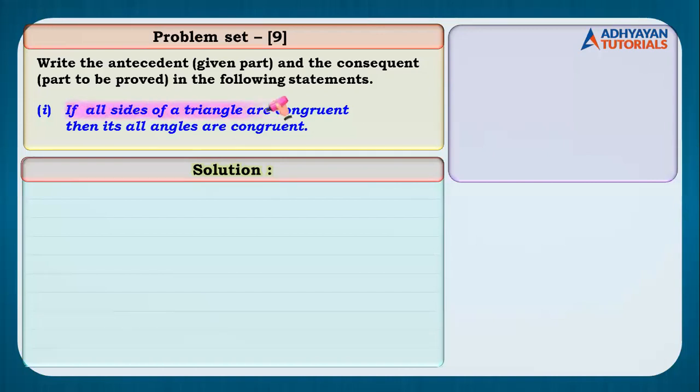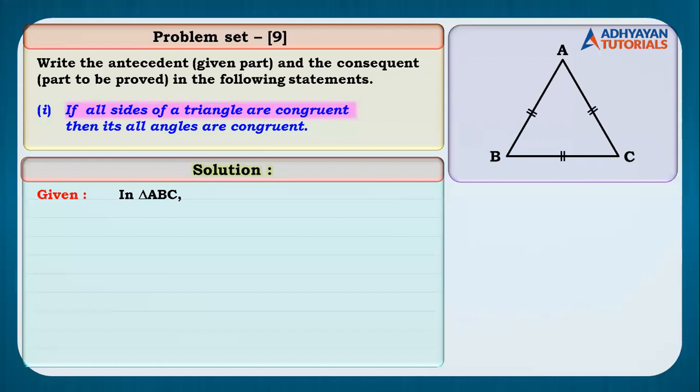So children, we write the given part is, there is this triangle named as ABC and उसकी तीनों sides congruent है, because it is mentioned in the statement. All the sides are congruent. So we write segment AB is congruent to segment BC, which is congruent to segment AC. अच्छा, you can also write it as given के वहां पे bracket में लिख सकते हो if you want antecedent, because it is the same, right?